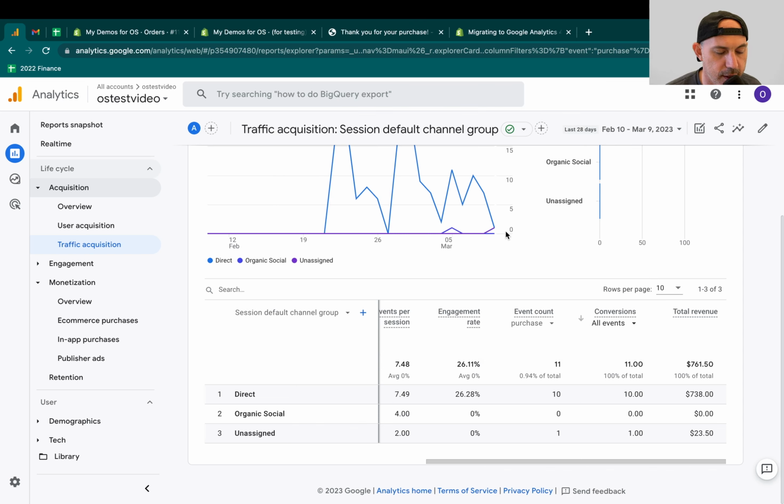So again, just to outro, this is the official Google Analytics 4 account. Sync from Shopify to GA4. I strongly recommend to use it. It works well. It's very good.